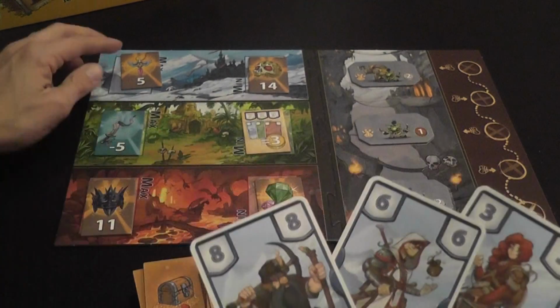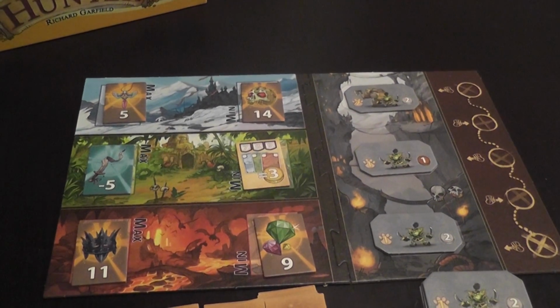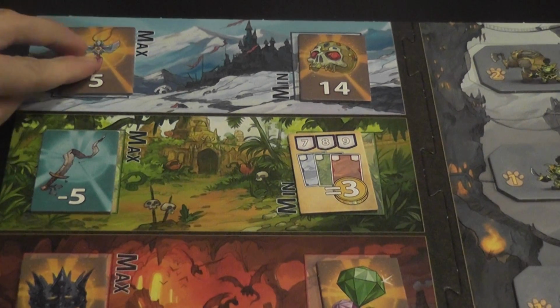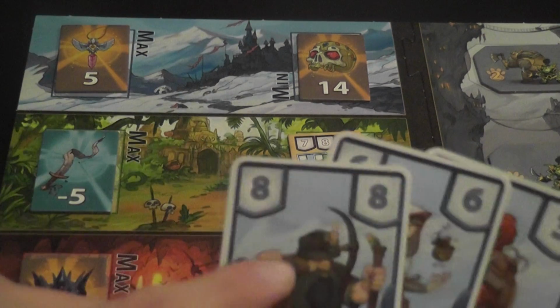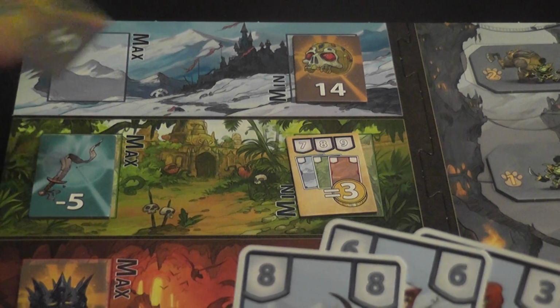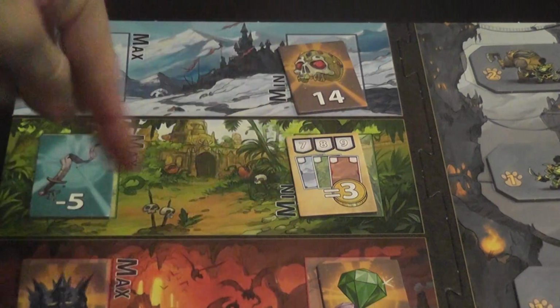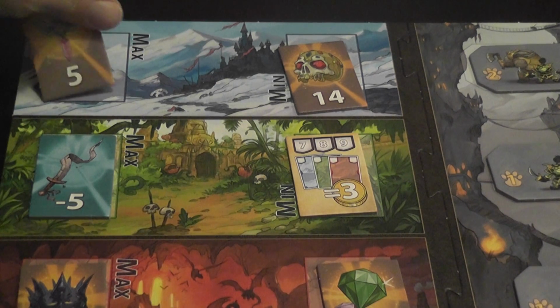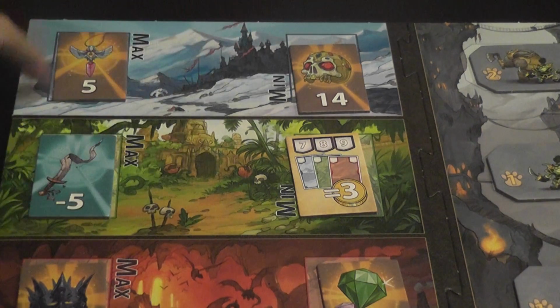Now, as you can see, each area has 2 treasures, and each area is then divided in 2 sub-areas. One is called max and one is called min. And it works exactly like you think it does, maximum and minimum. The player that has the highest value gets the maximum treasure labeled as maximum, and the player with the lowest value, in this case 3, gets the minimum. Now, the treasure tiles are shuffled together at the beginning and played completely randomly. So as you can see, it may entirely be possible that the minimum value is much better